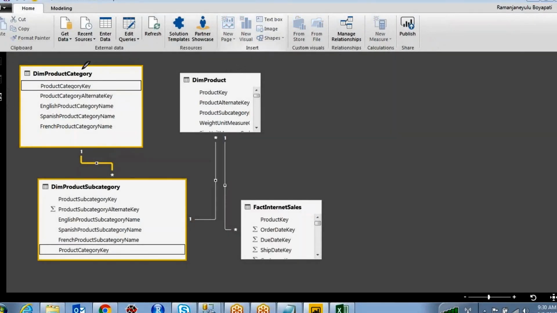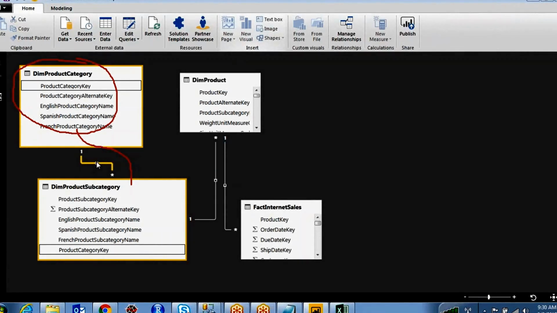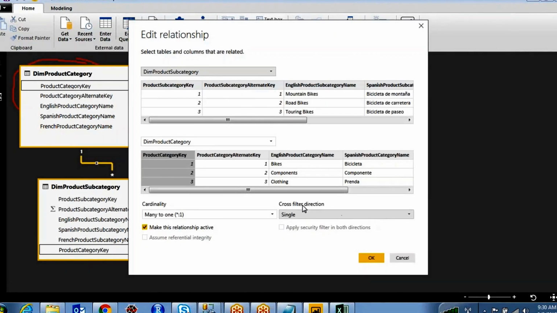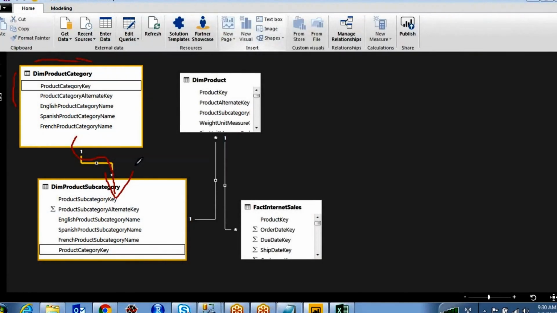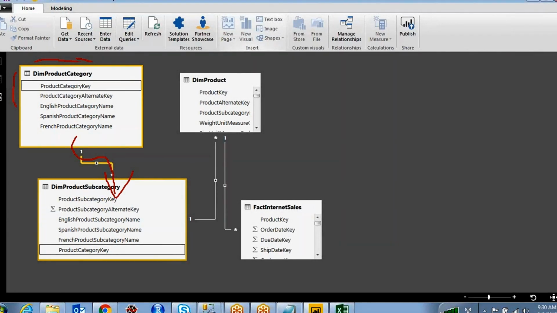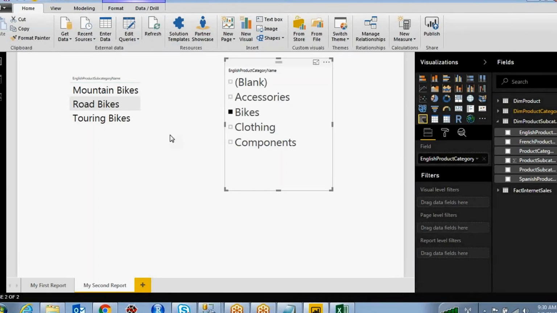That means when you select any value in the product category, it will filter whatever data you have in the product subcategory. The reason is the cross filter direction is single. Single means only in this direction will it filter the data. If you select any subcategory product, it has to filter this data as well.